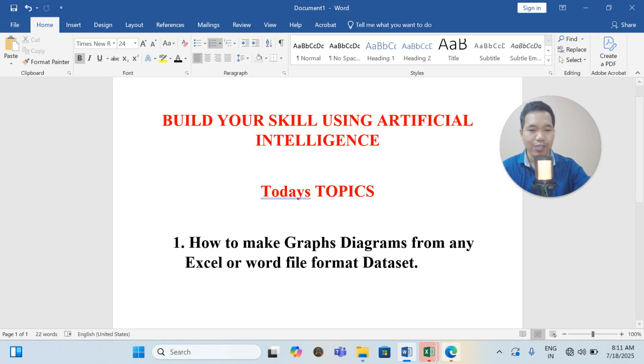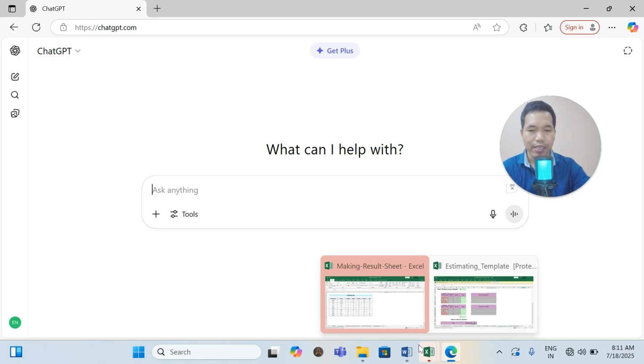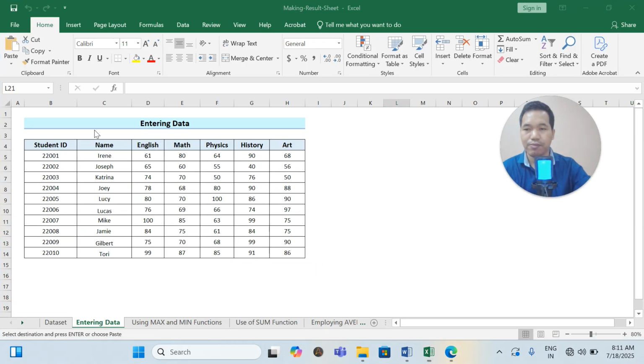Okay, let's go ahead. So I'm opening one Excel file. Let us go first with the Excel format. I have an Excel file which I have already prepared here. Suppose this is your data set, where you are a teacher in a school or a college, where you have to give a report based on the 2025 score results of your class 10 candidates, or maybe class 12 candidates. So I'm assuming this is your Excel data set.